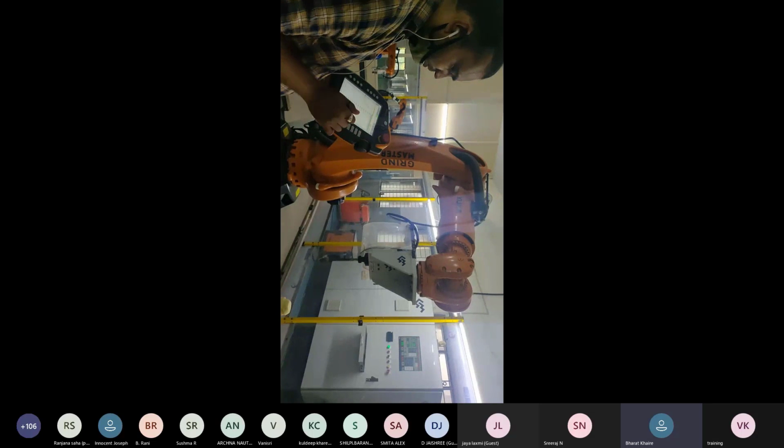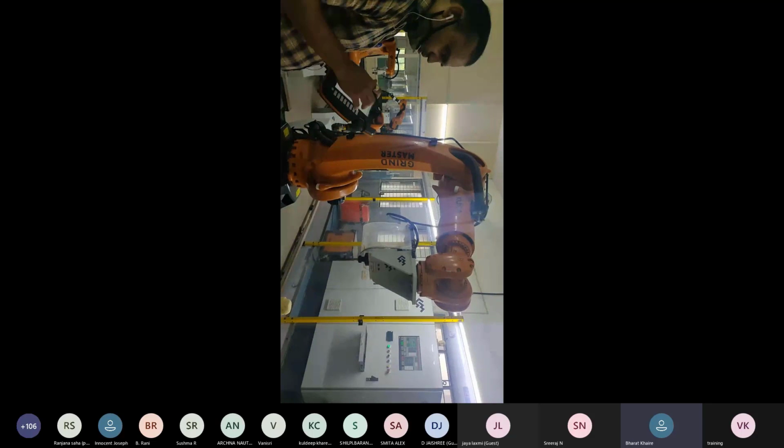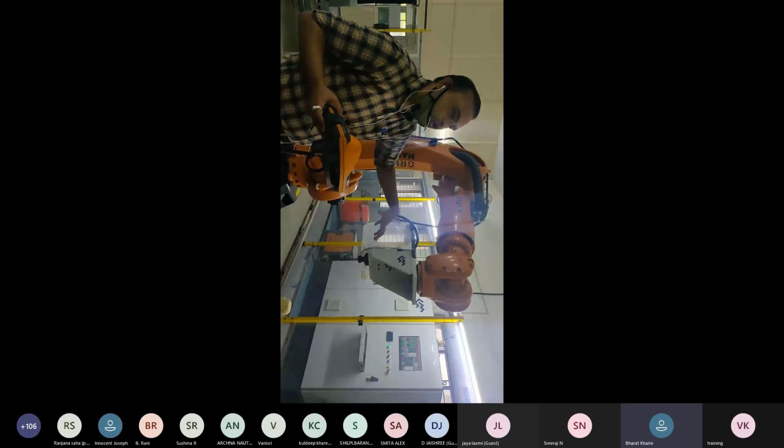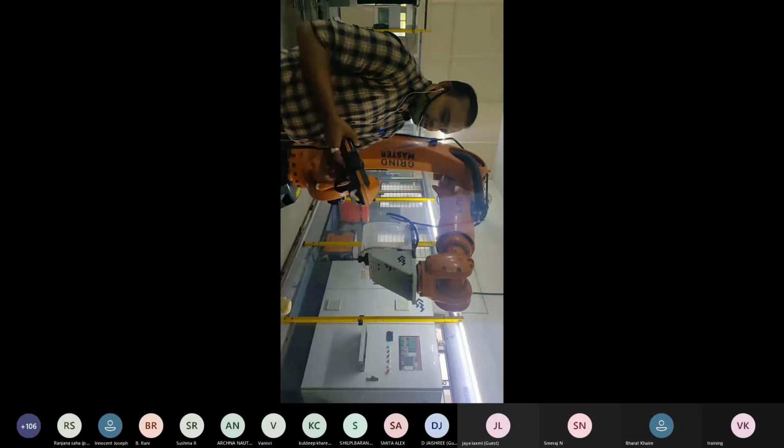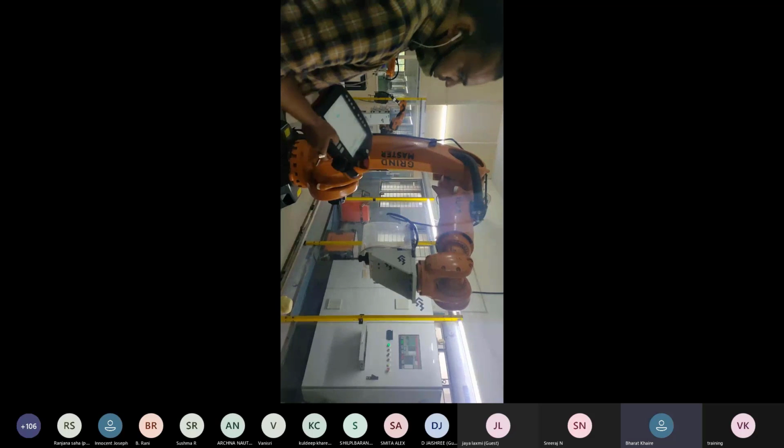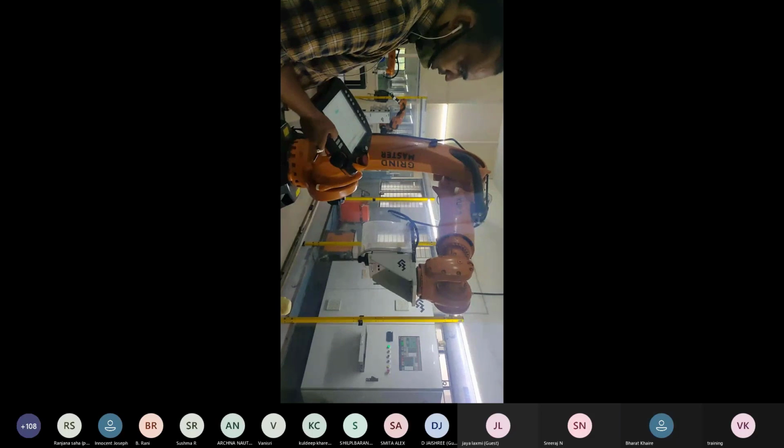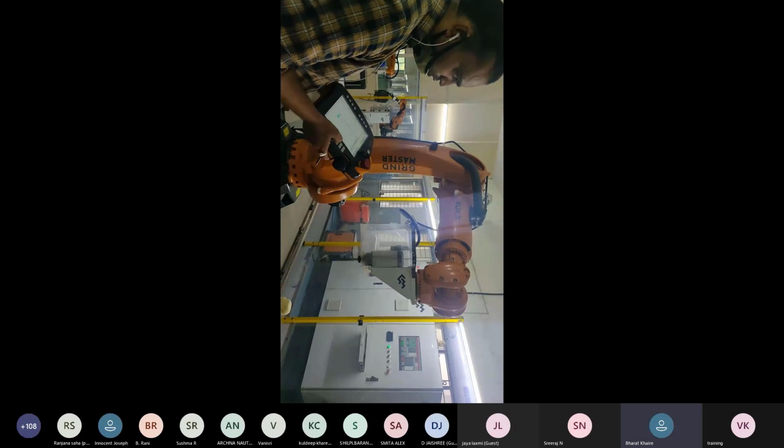Now we are going to check the rotational axes. The A axis is a rotational axis along Z. This is A plus. The spindle is going to rotate, and this is A minus.